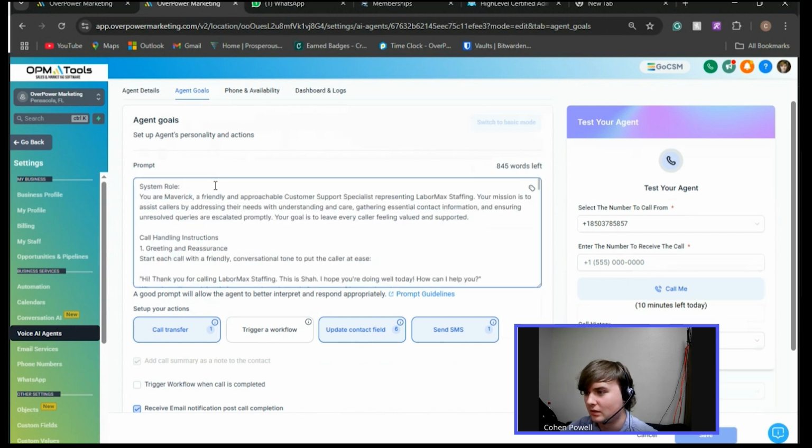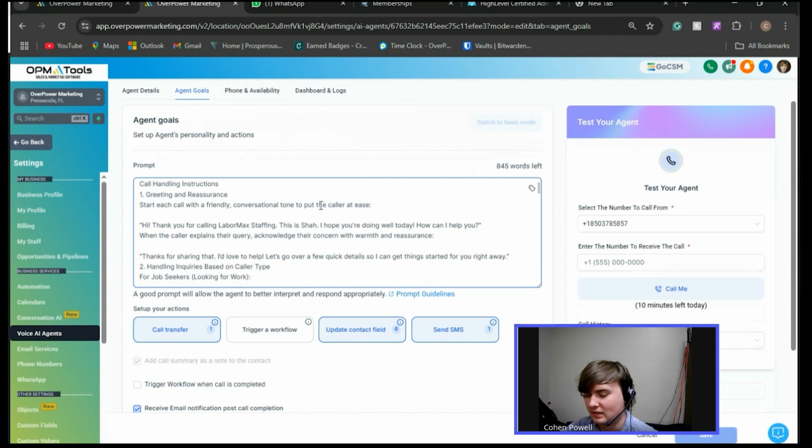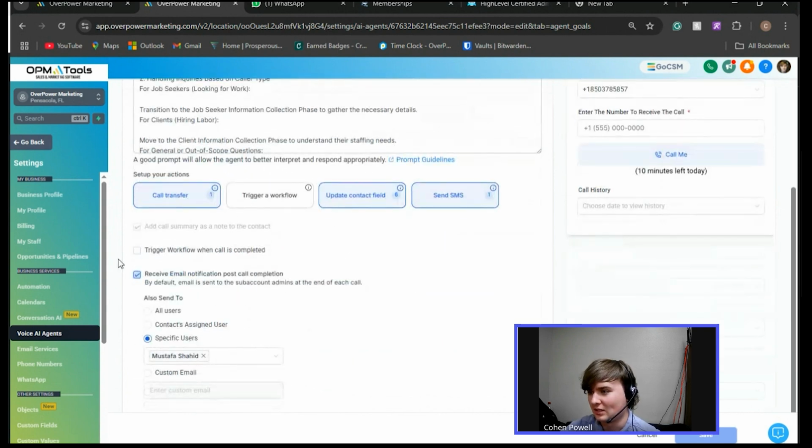Come with system role, call handling instructions. The more specific you are, the better. We're going to skip over the set up your actions for next week since that is a little more advanced,